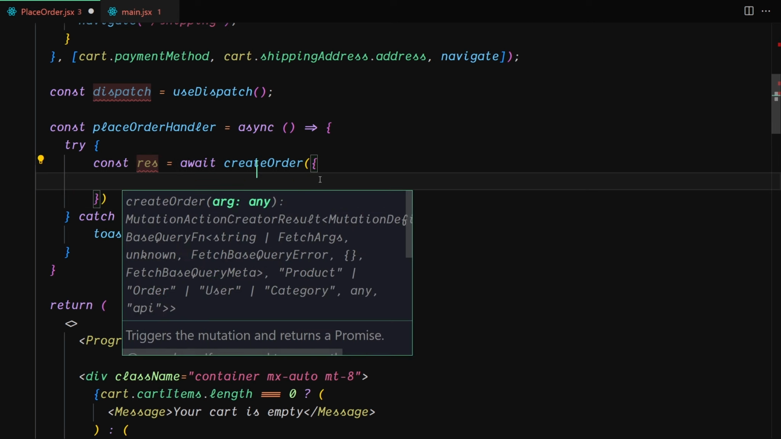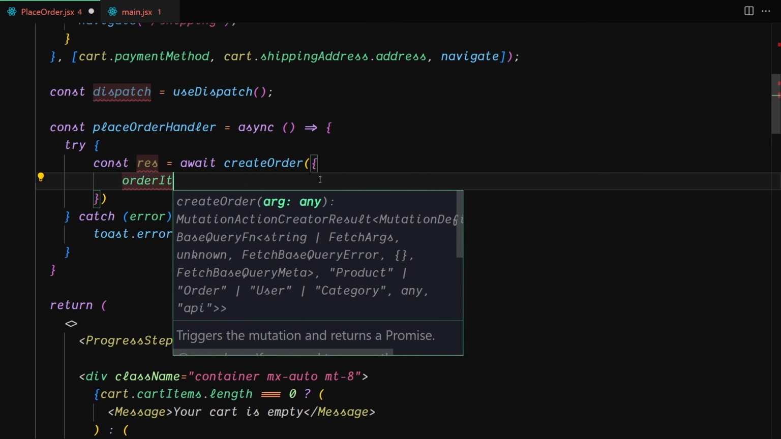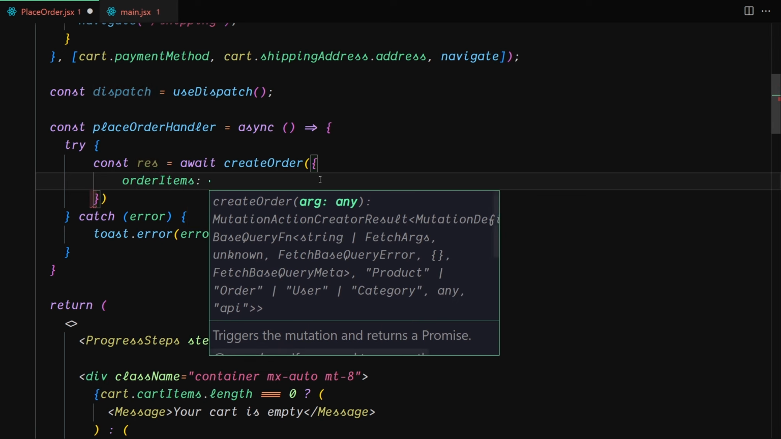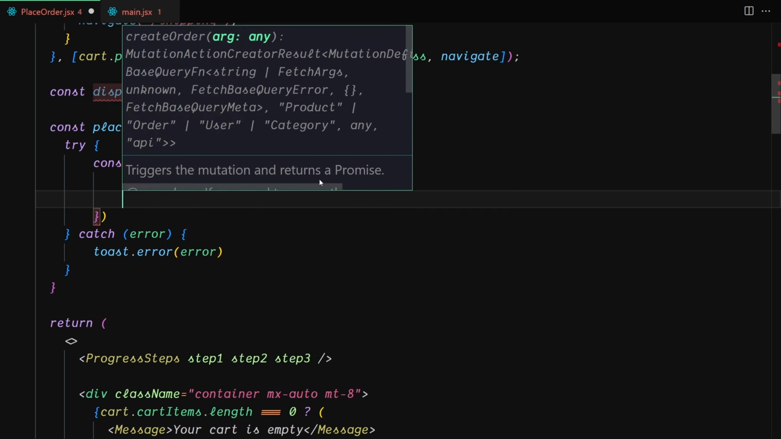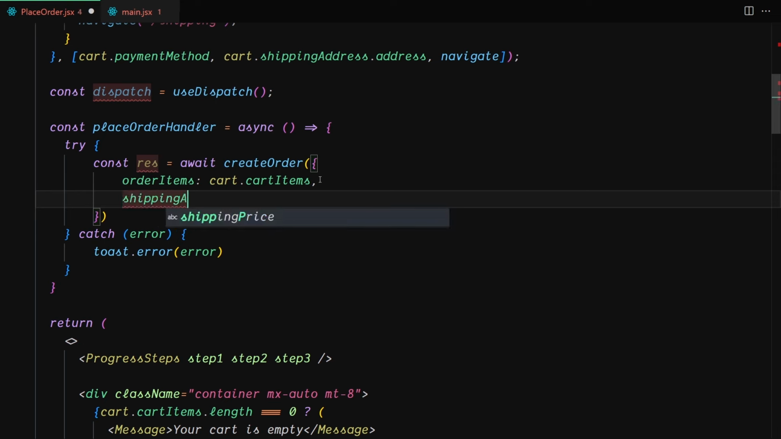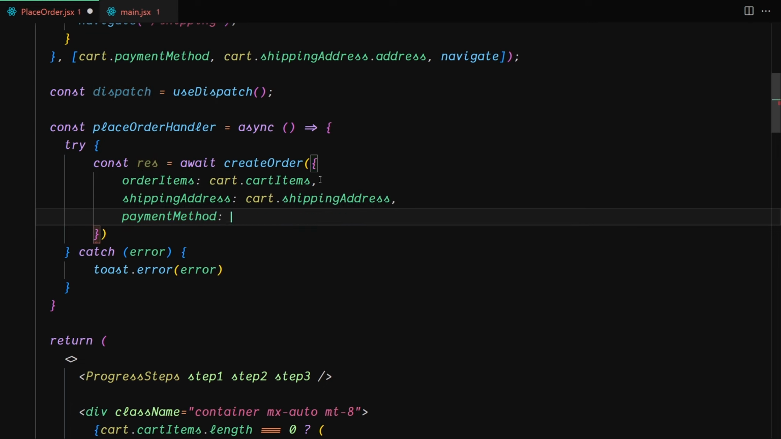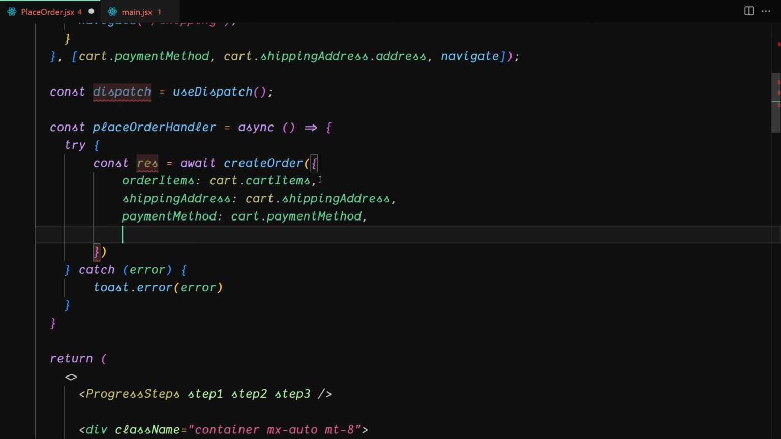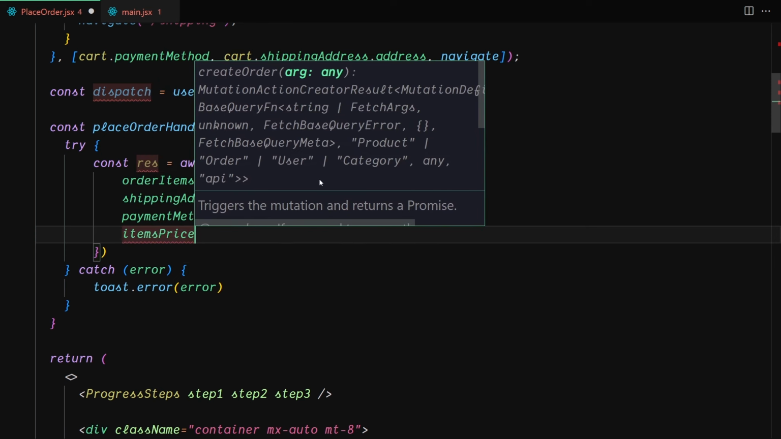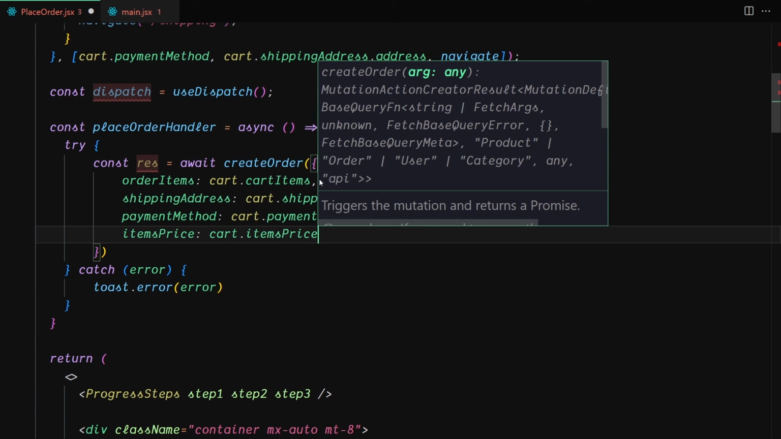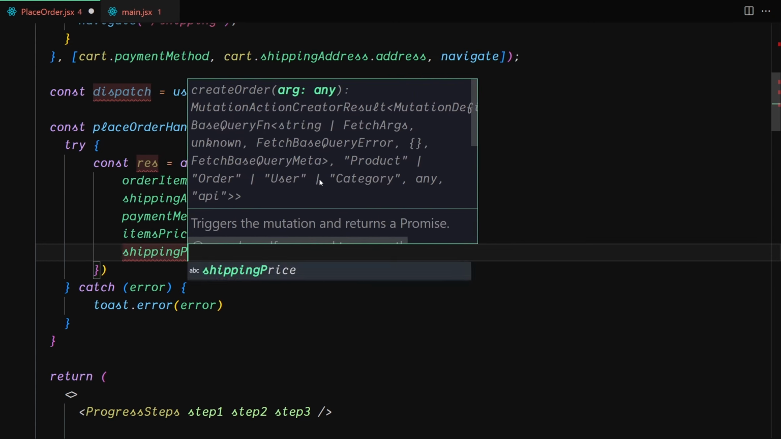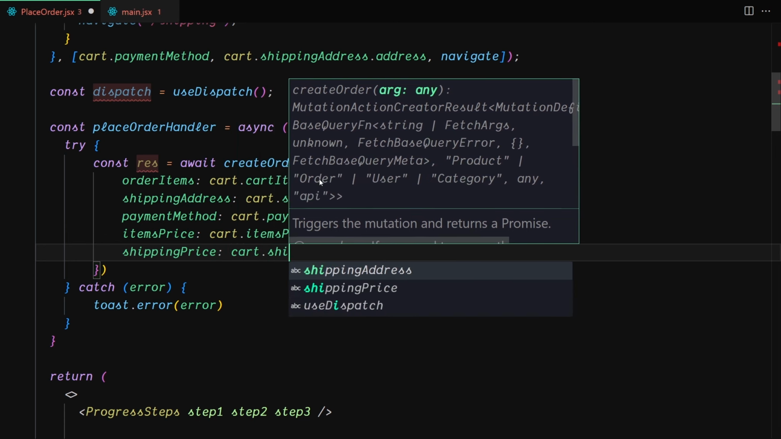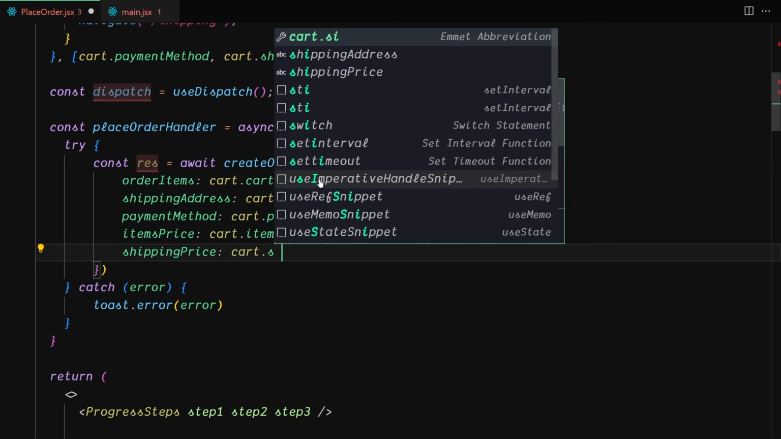order, and inside there we are going to be first of all providing the order items. For the order items we are going to be using cart.cartItems, and also for the shipping address we are going to be specifying the cart, not cart but the shipping address right here. For the payment method we are going to be also specifying the cart.paymentMethod, and also for the items price we are going to be just writing cart.itemsPrice. And also for the shipping price we are going to be writing